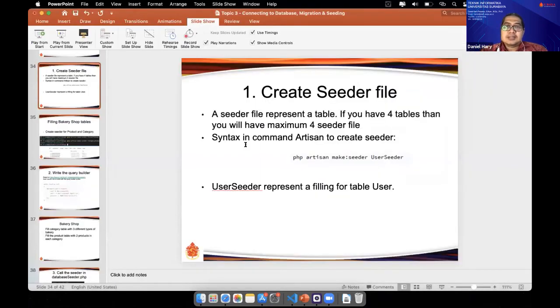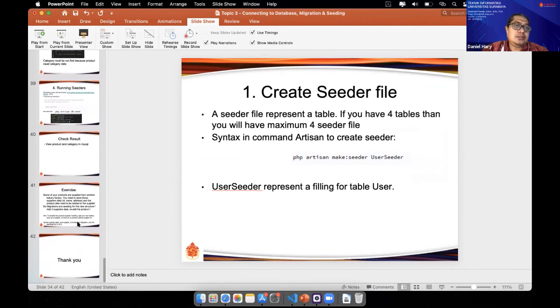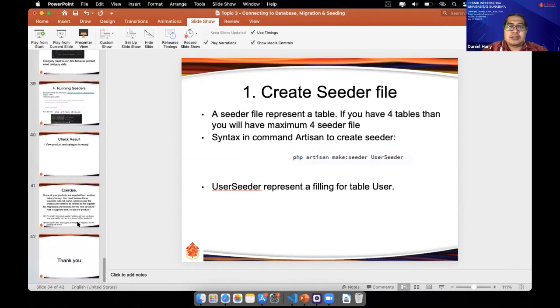Okay, so we already succeeded in creating the product table and then filling the product data with migration and with seeding.